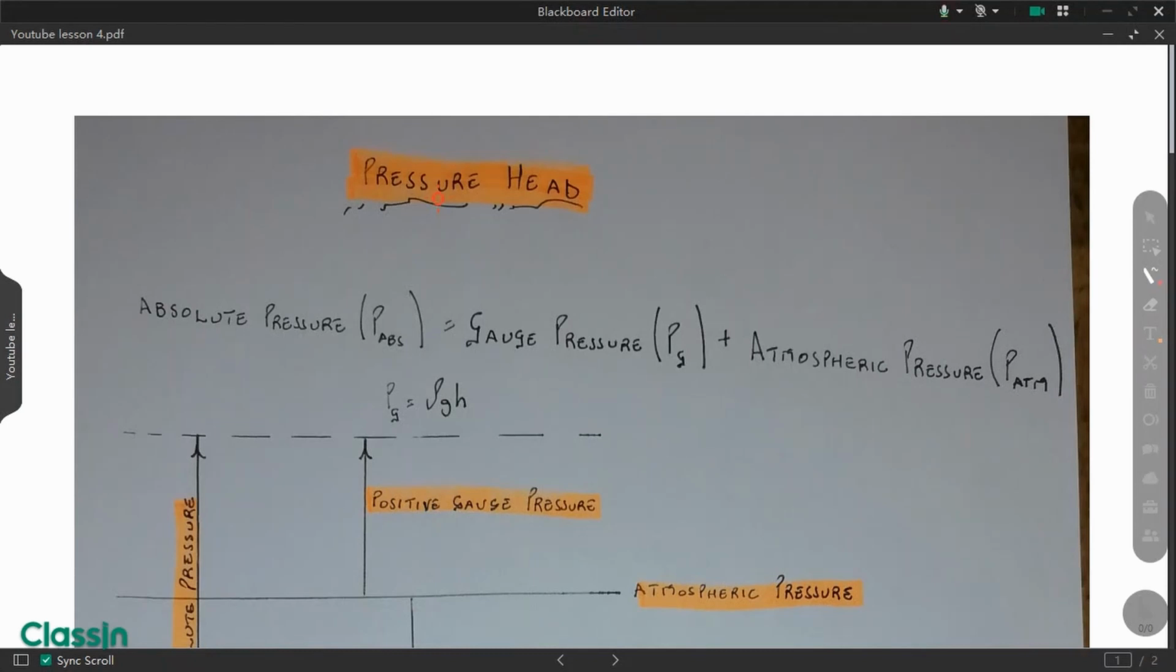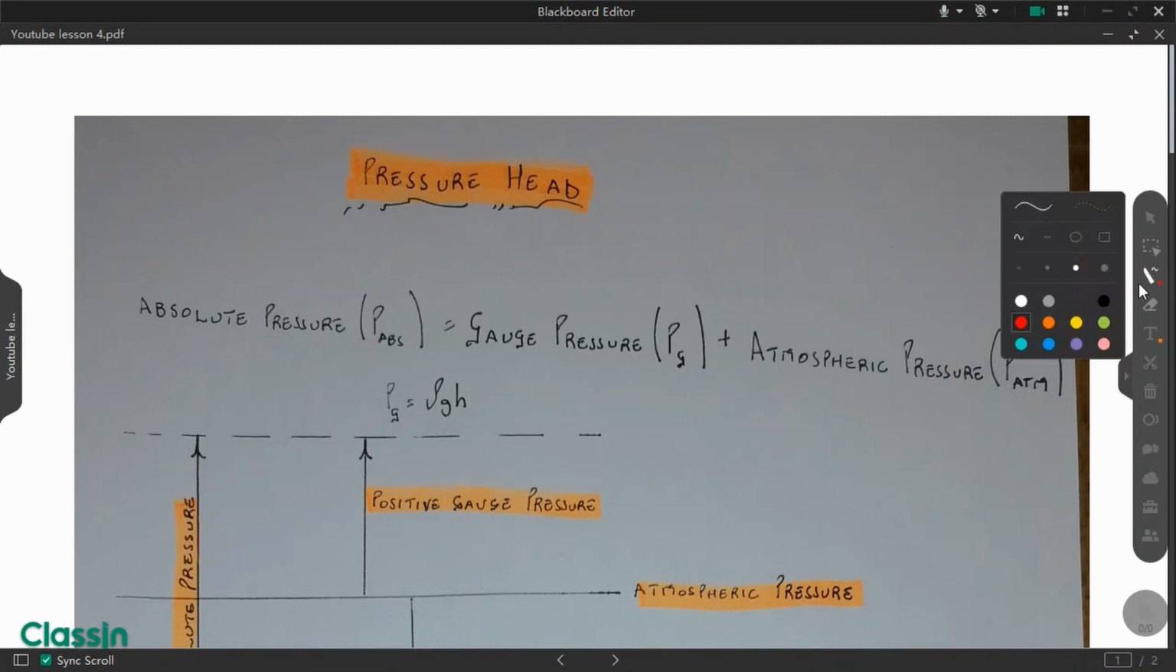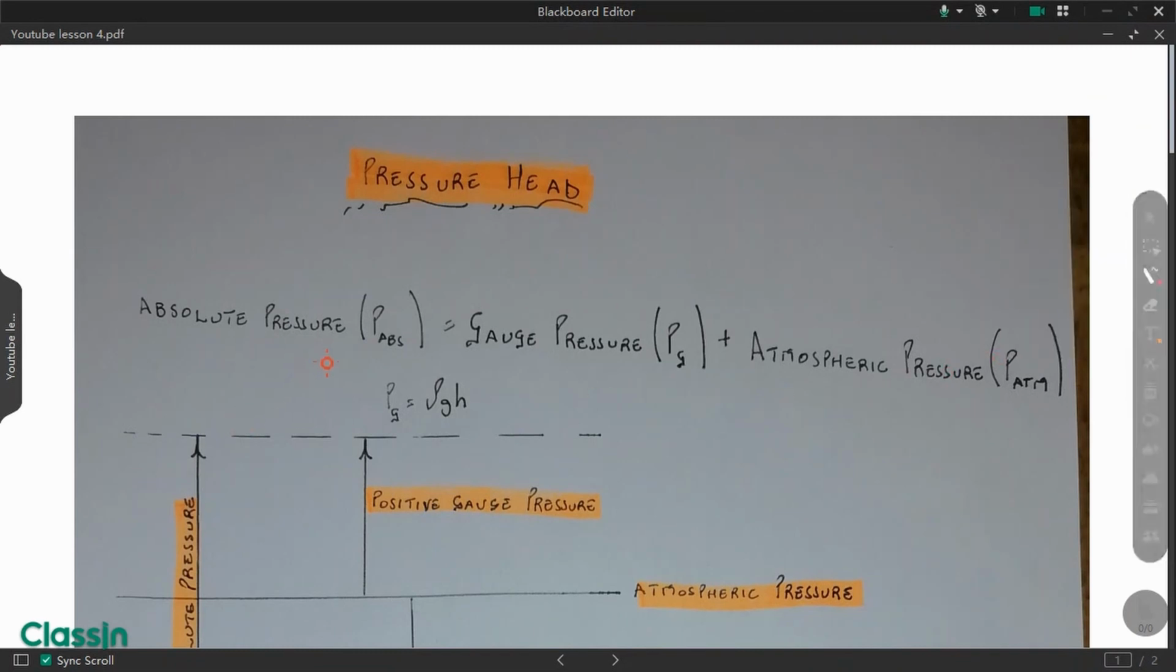Today, we're looking at three kinds of pressures, and then we'll deal with two questions. These three types of pressures are absolute pressure, gauge pressure, and atmospheric pressure. The absolute pressure is the sum of the gauge pressure and the atmospheric pressure. The atmospheric pressure at sea level is equal to